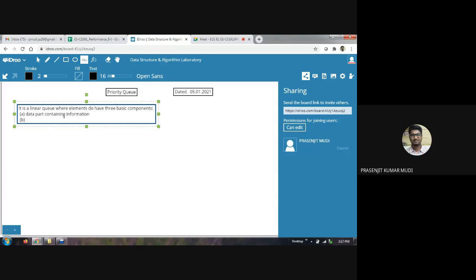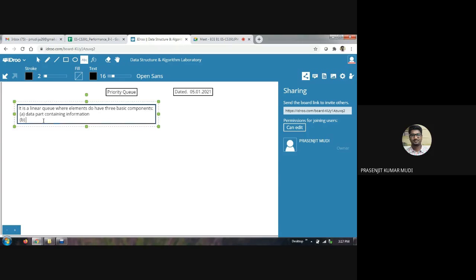Each element in a linear queue basically has two components: one is the data part, another is the linker part. But if we don't consider the linker part, each element has a single important component, the data part containing the main information, some integer value or some float value. But here,